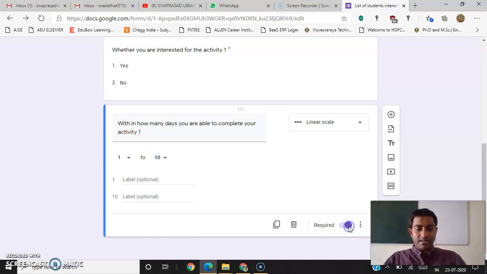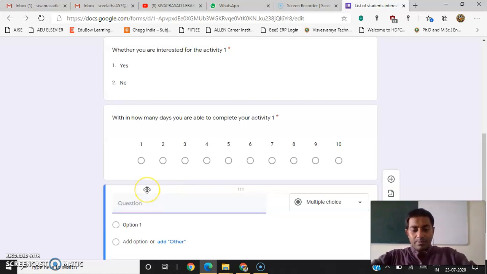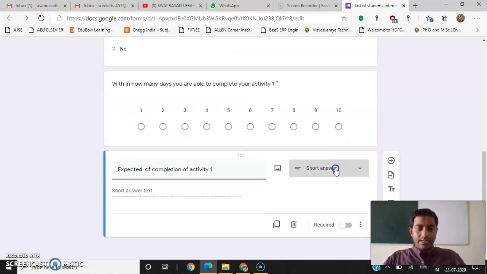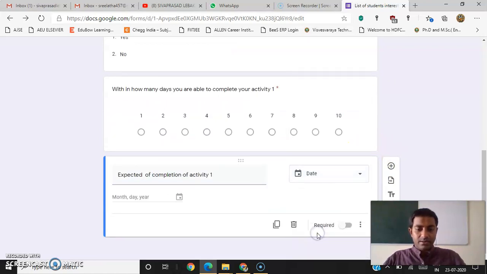Make it compulsory if it is required, and go for the next question. Suppose you want to take a date from the student. Then you can type expected date of completion of activity 1. Then you can select the date option here.